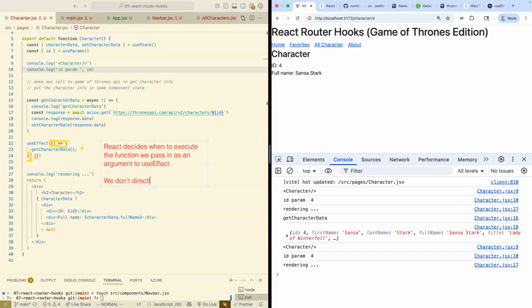We don't directly control when that happens. What we do is we know the React component lifecycle and design our code accordingly. And this is, I think, one of the trickiest bits about React. We're used to this sort of imperative style